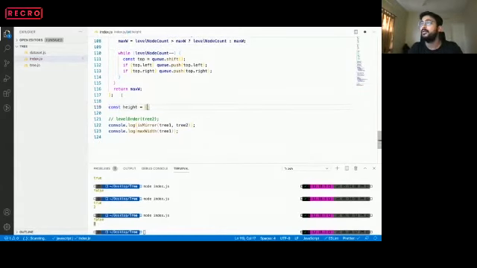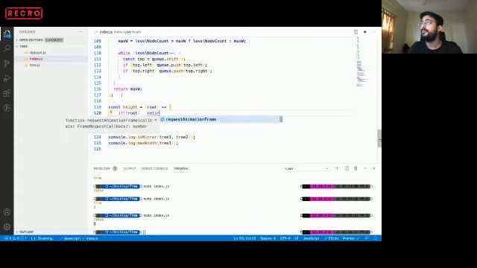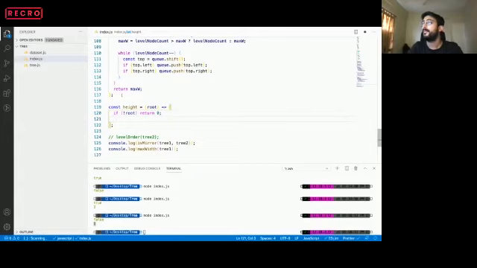So let's say we want to find the height of a tree. Let's write this helper function. We'll pass root to it, and we'll write the base case. If root is not there, then return 0. If there's no root, then there's no height. That is our base case. And what can be the next case? We'll compute the height of the left child, the height of the right child, and then compare; whichever is greater, we'll increment by 1.